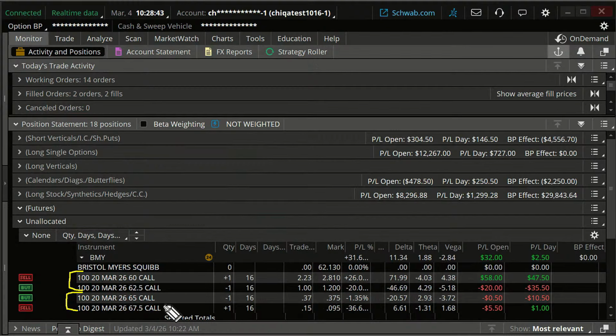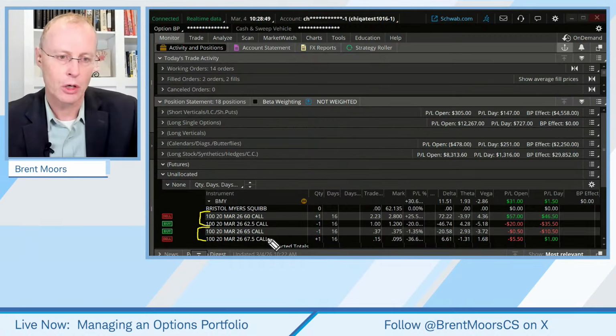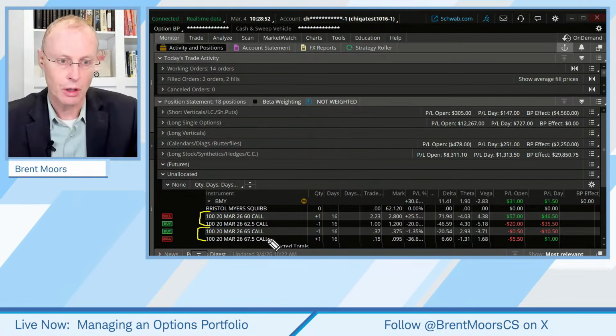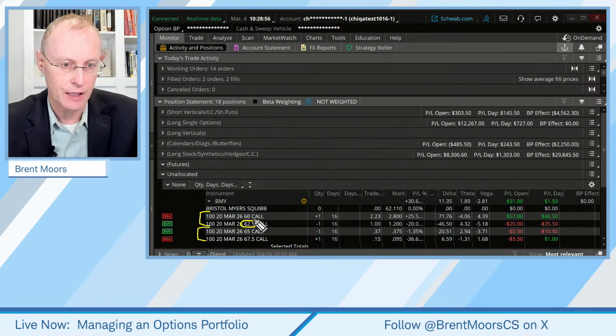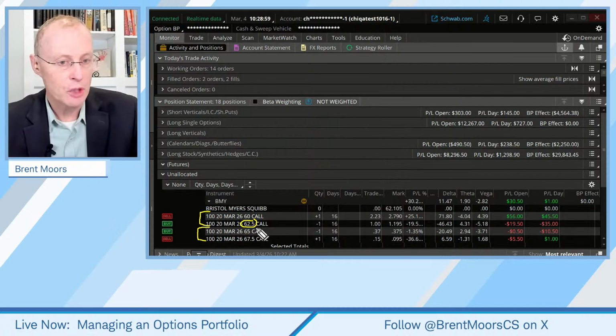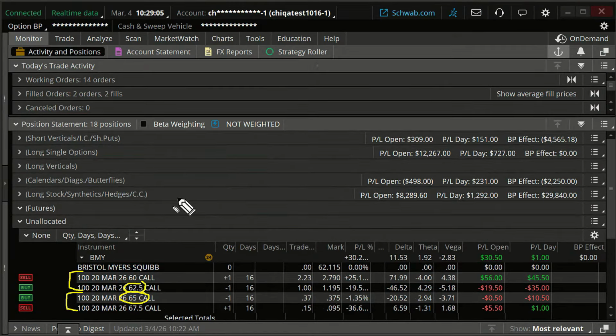On this trade, though, what do we want? That's always a question on whatever trade you're doing. Doesn't matter the type of trade. What's our goal? Bullish, bearish, neutral. In this case, we want it to be above our bull call spread, 62.50. We want it to be below our short call spread, the 65. So we really want this to be between 62.50 and 65. So that's what we're going to look at.